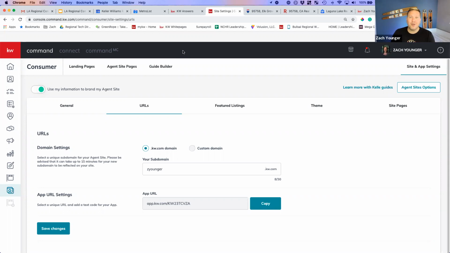Oftentimes, you can generate those same leads inside of Command, and you can generate them for much cheaper. If the average cost per lead with Zillow is $76, you could always go run Facebook ads, get those same leads, the same type of people in the area that are searching for real estate, and you could run ads getting leads between $7 to $9. So we're talking 10% of the cost of a Zillow lead. So instead of paying Zillow, who's actively trying to compete with you, you could go straight to Facebook, and they're a partner of ours. However, if you're thinking about doing that, I would urge you to consider running a campaign